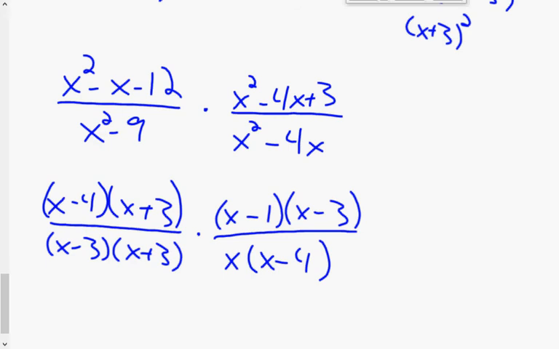x plus 3, that's the first obvious one. It's gone. x minus 3, x minus 3. Just because they're on different